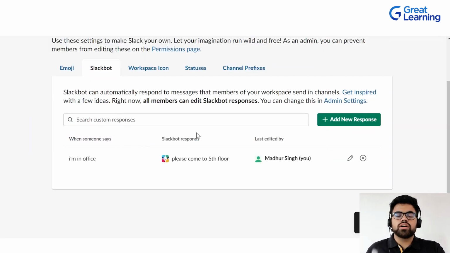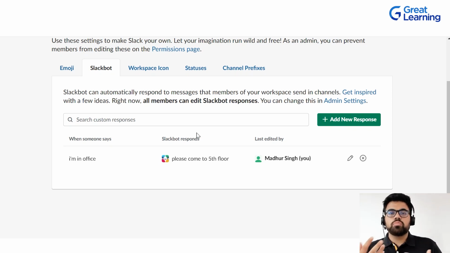So this is a custom response that you don't have to particularly type out to that person. The Slackbot will be here to assist you on that particular note. You can consider Slackbot as your personal assistant that will take care of most of the stuff that takes a lot of your time or brain space to do. So that is why Slackbot helps you in achieving that.